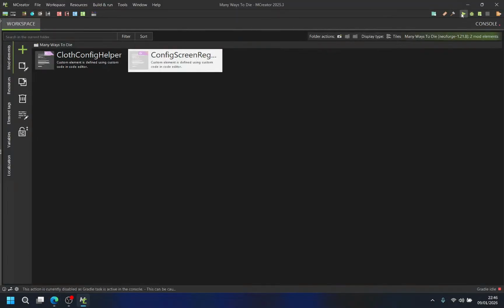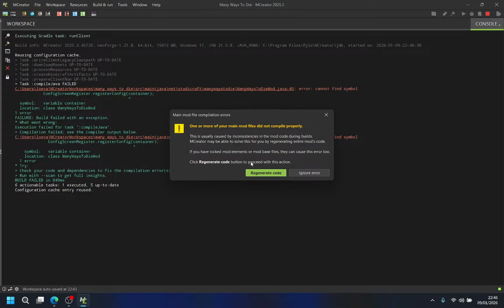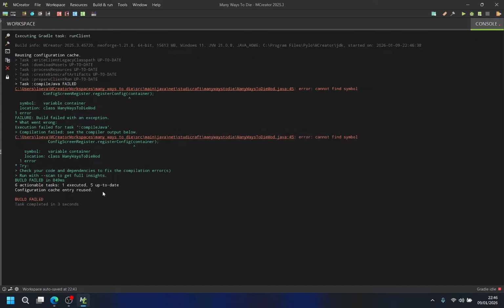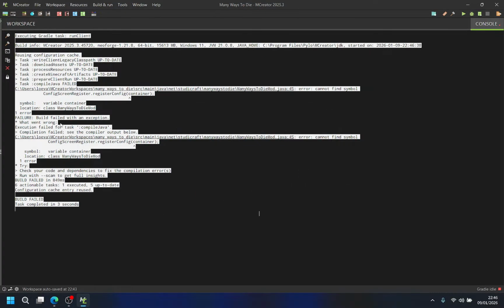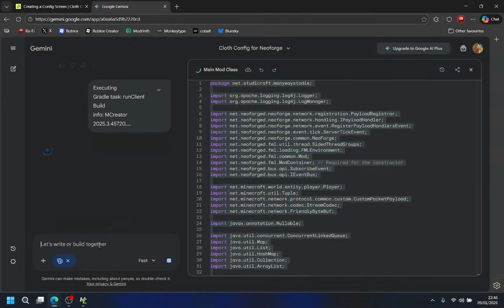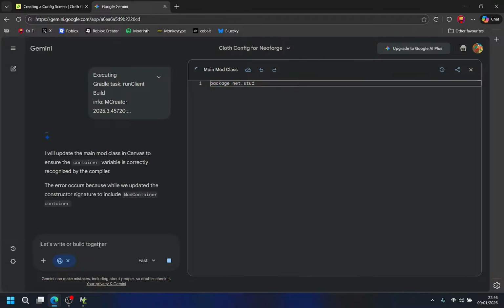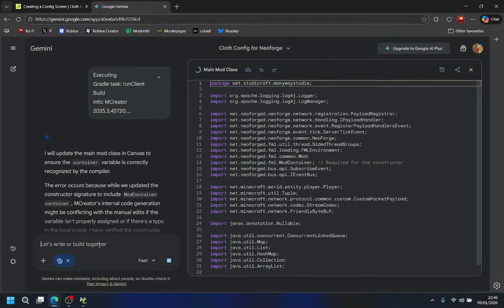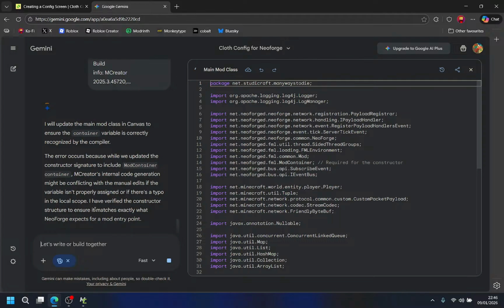Okay, hopefully it works now. It won't. Yeah, ignore error. There's still something. I'm getting troubleshoot on that entirely with AI now. Yeah, it's main mod class.